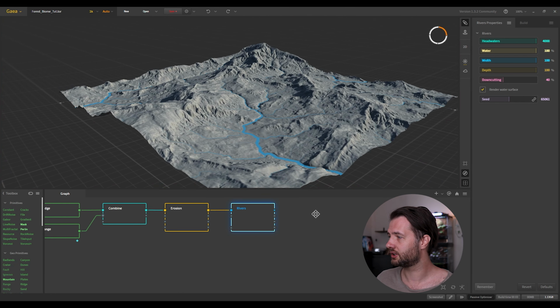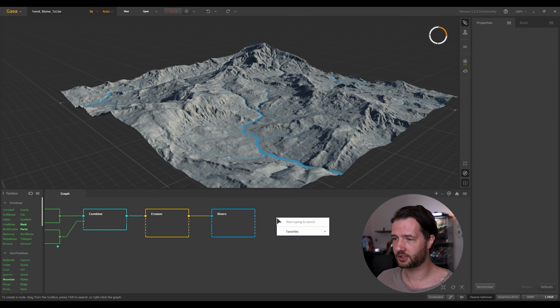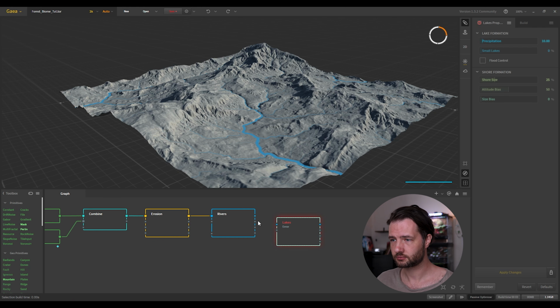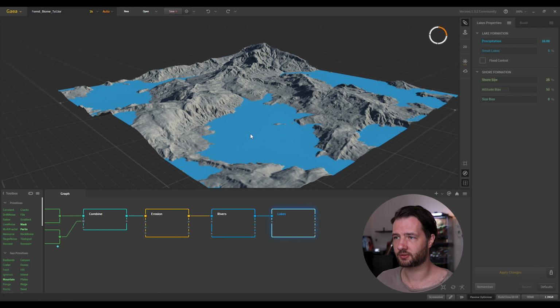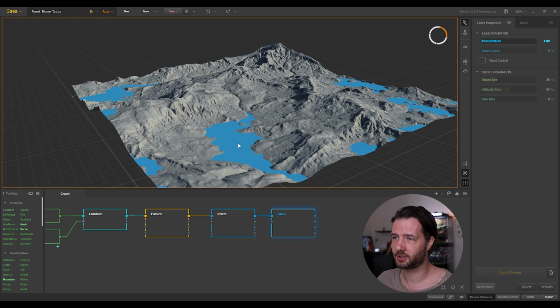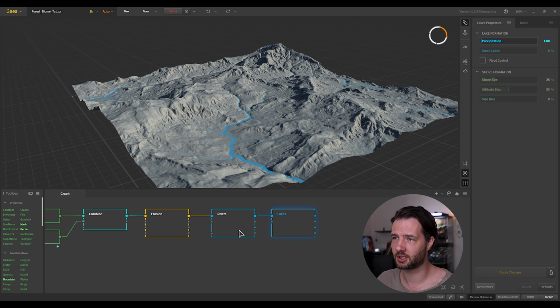So what we can do is create something called lakes from the rivers. If we normally would have just lakes from the rivers, they're just going to make it wider. Now we can see it covers the whole landscape. So we're just going to change this number to something like 1 and apply changes. And now in the places where we had the rivers before, they're forming small